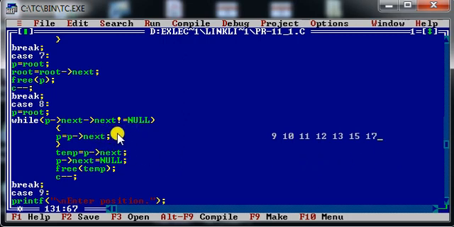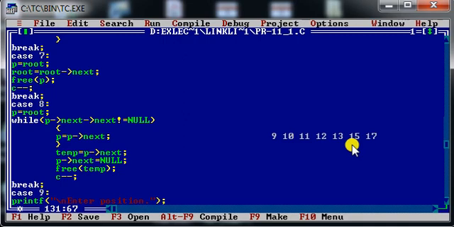If this condition is true, I have to move my p pointer to the next node. So let us check. This is my p. Initially, p of next, in the next part of this node, contains the address of 10, right? It means p of next, that means in the next part of 10, that is not a null, so it will move to 10. Similarly, I have to end at 15. I have to stop traversing at 15.